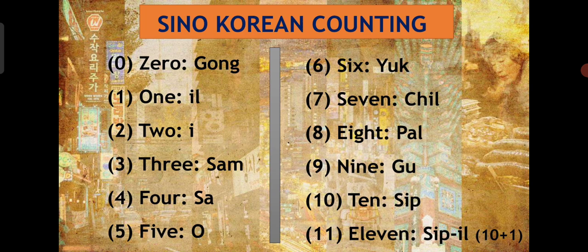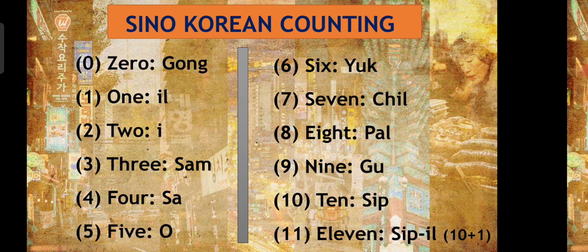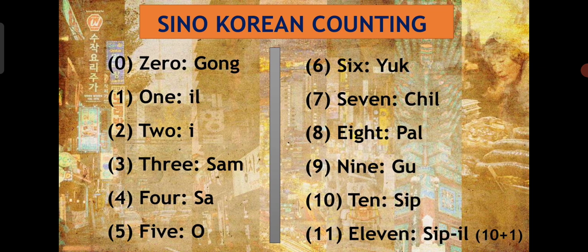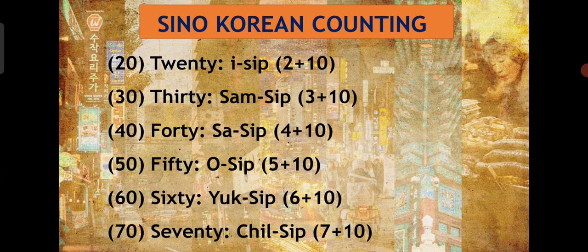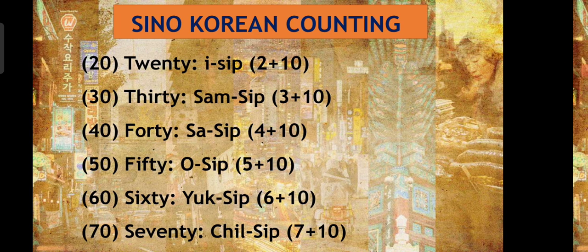So 11, 12, 13, 14 to 19 will be the same: shipil, shipe, shipsam, shipsa, shipo, and so on. So we will skip 12 to 19, and next we study 20, 30, 40, 50, 60 and 70 in the Sino Korean counting system. So 20 is e ship. E is 2, which you have studied just earlier, and ship is 10. So 20 e ship,